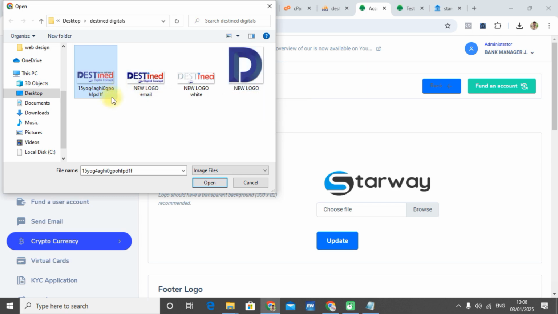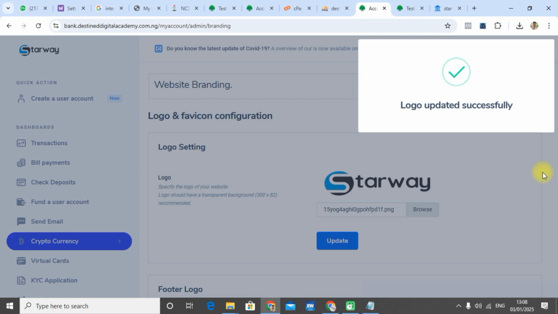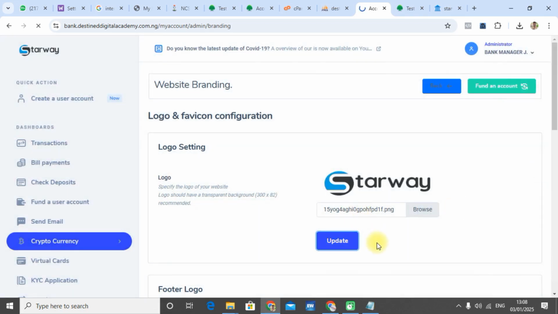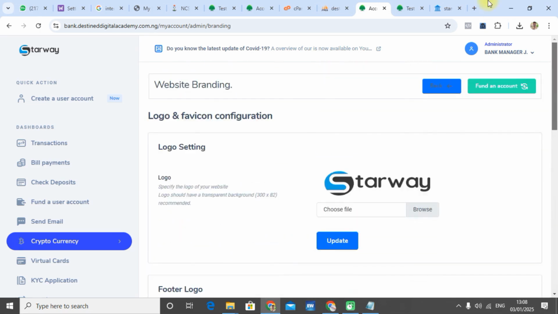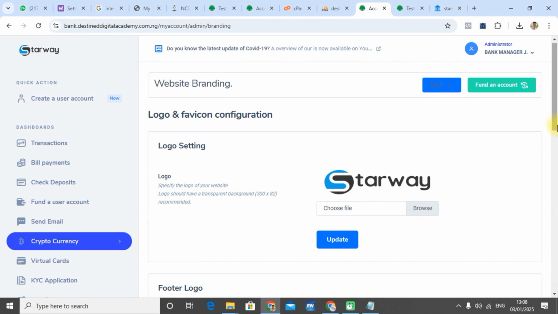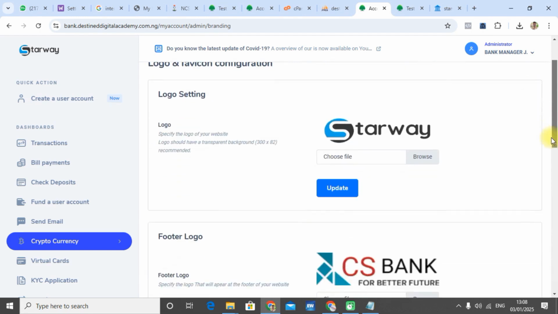Let's use this one and see if it's going to update. One of the reasons it may not update is the server trying to store the memory of the website. So it's not updating now. Now this is what we are going to do. Since it's not updating, we are going to look for the root,